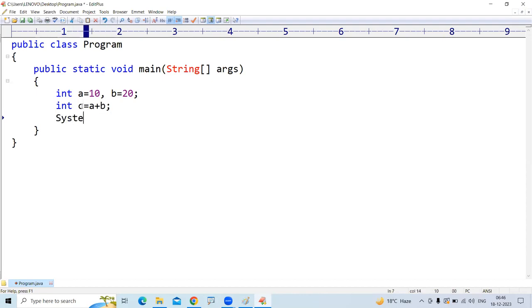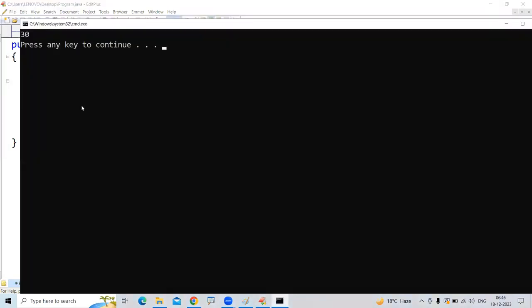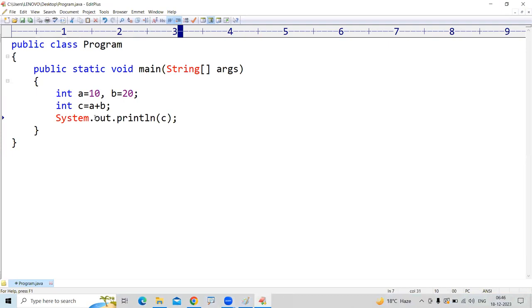That result we are printing with System.out.println. Directly you can print the result c. It will show that the output is 30. But if you want to give a clear message, like the result is equal to 30